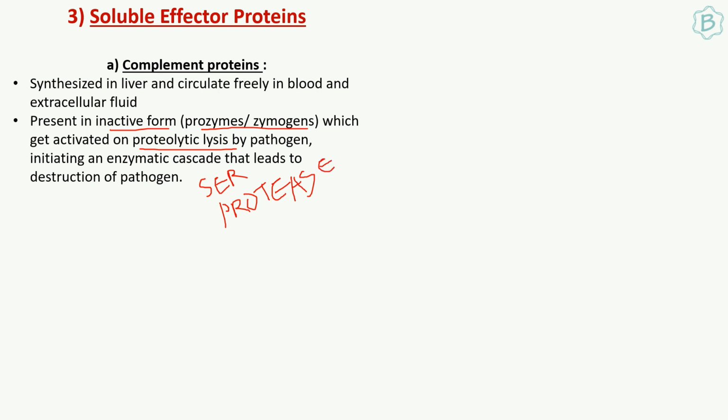Okay, so this inactive form will now become a serine protease, which is the active form. I will mark this with a star, meaning that it is an active form. The serine protease will further cause downstream proteolysis of many other proteins, and eventually it causes an enzymatic cascade. So the serine protease will go and cause proteolysis of one protein. Now this protein becomes active. This protein will further activate other proteins, and like this an enzymatic cascade is initiated. The end result is that it will lead to destruction of the pathogen.